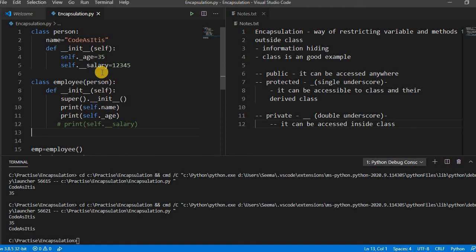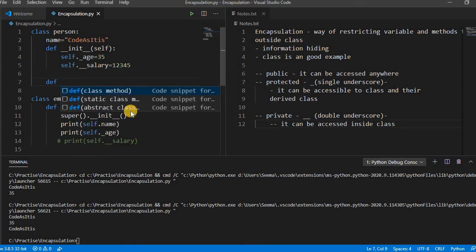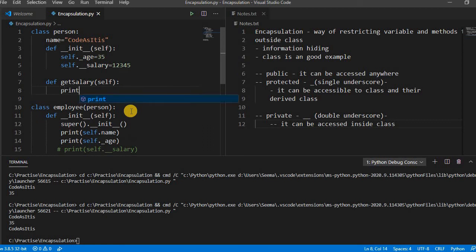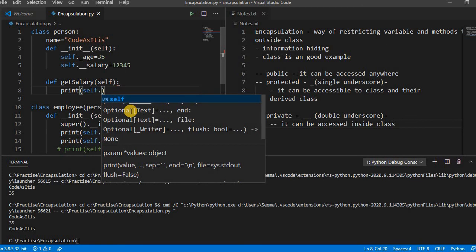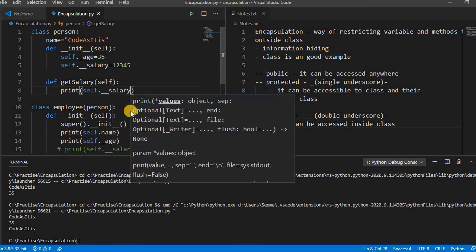But suppose we want to get the salary, because an employee may need the salary to calculate something. So what is the way to call this? We have a getter or setter method. So we have to define a getter method, get salary. We pass self and we can print self dot salary.